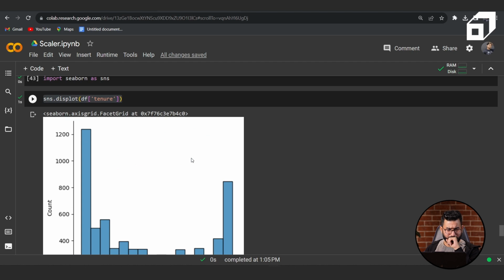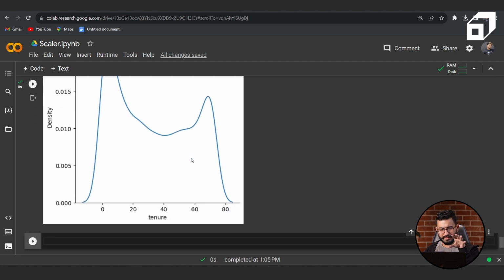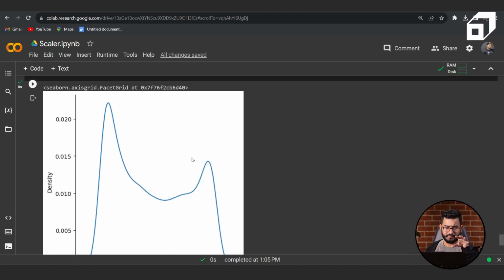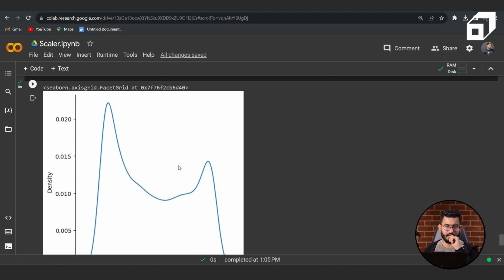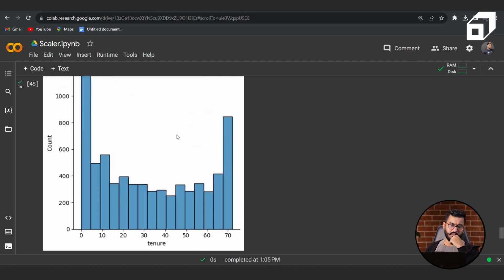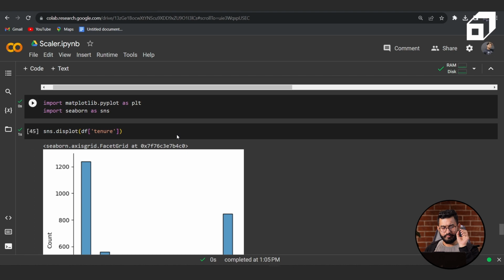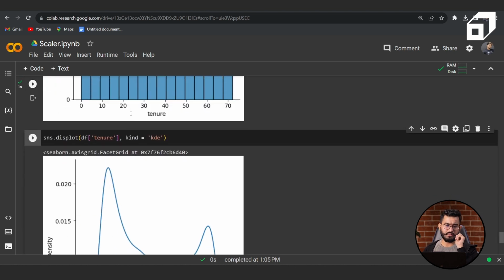Now, what if I want to change the size of this figure? Because as of now you can see that this figure is consuming a good amount of space in my Google Colaboratory. So if I want to change the figure size, we can either use Matplotlib, and I'll show you how we can use Matplotlib, but specifically for this plot we